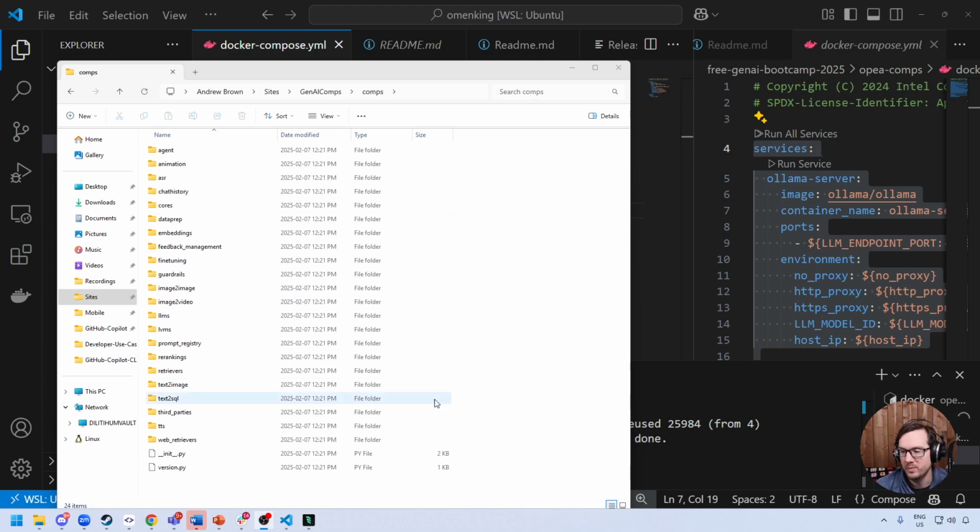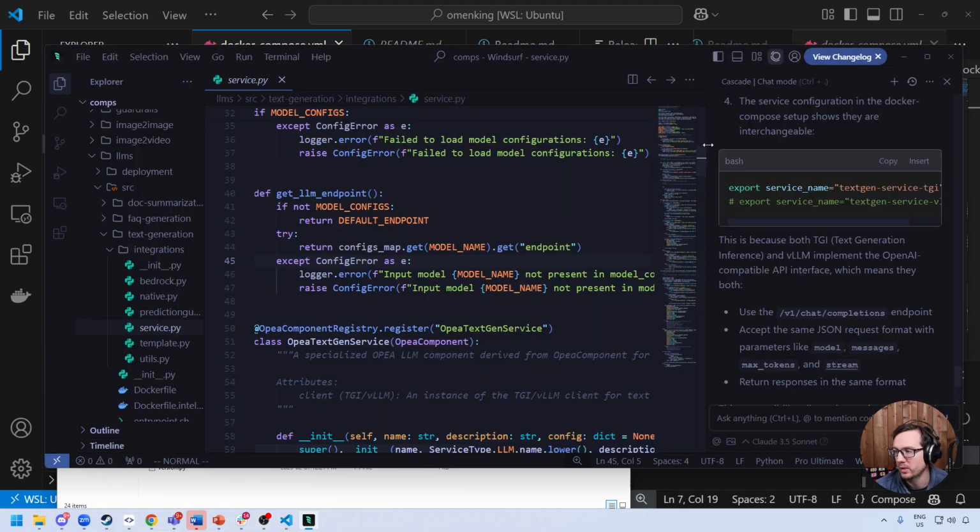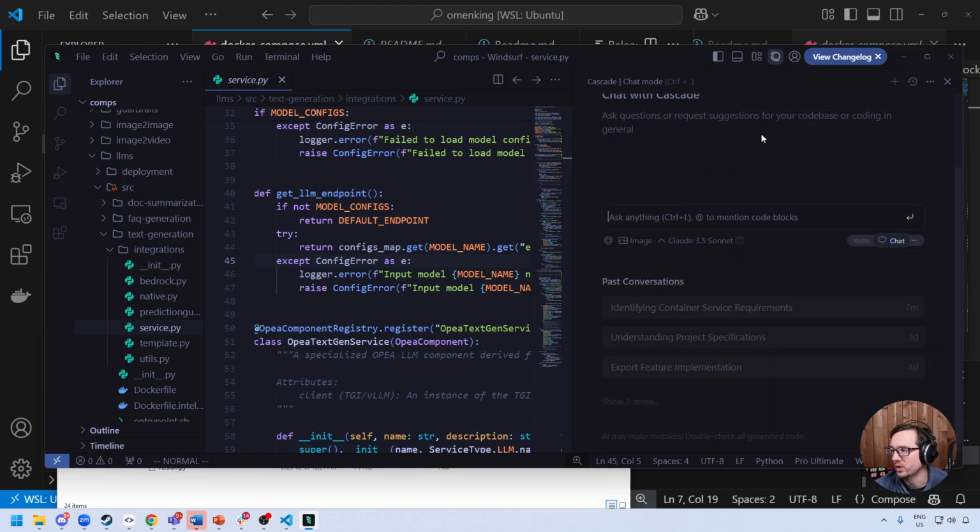All right, I was thinking, we could actually just ask Windsurf what is the minimal amount of files we need to bring in? So I'm going to go back over to here. I'm going to start a new conversation, and I want to tell it that I want to use the code in